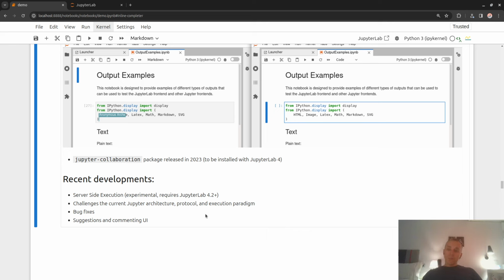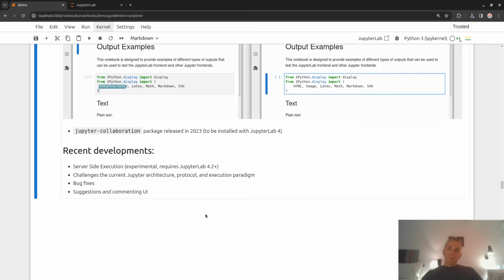But if the execution happens server side, then there is a way to know, like the server knows where we are in terms of execution, and also it's able to propagate this change to the different clients. In a way, it looks like being able to resume the current execution of a cell and see its output. So yeah,